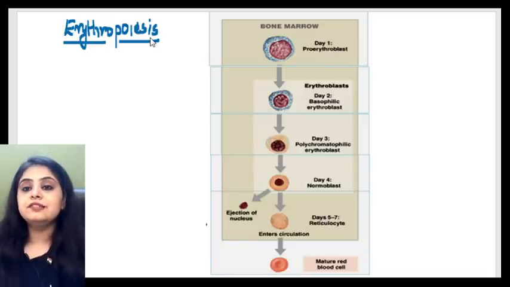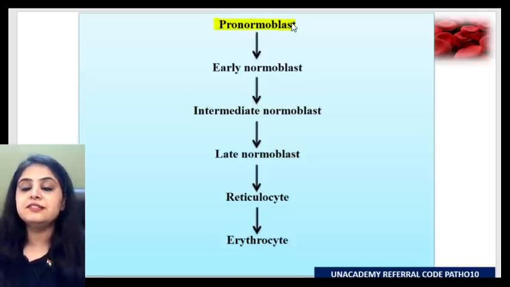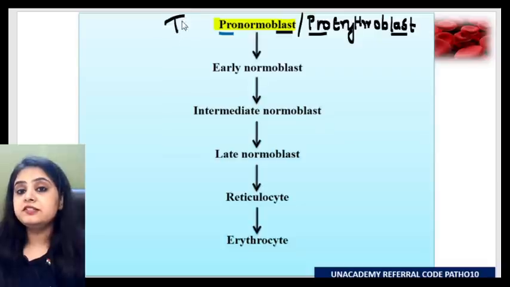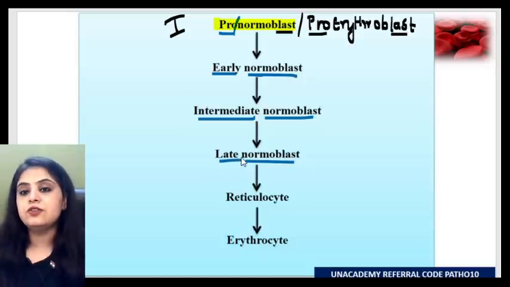Talking about this bone marrow series, if we have to go in order and I ask you which is the very first cell of the series, it is a pronormoblast. Some people call it pronormoblast, some authors also like to call it proerythroblast. It means the same. Basically, when this word pro and blast comes together, you know that's the very first cell of the RBC series. After that, you have to get rid of this pro and just keep the normoblast. There are 3 stages of normoblast that are there, which I've labeled in a very easy manner: early normoblast, intermediate normoblast, and late normoblast.